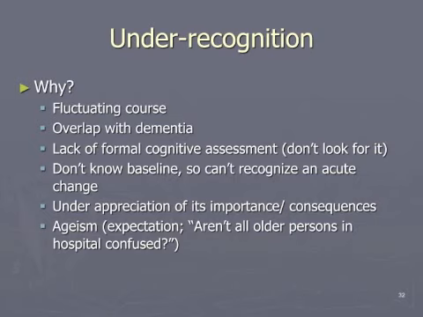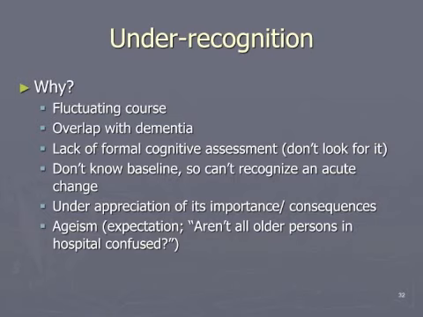And we do know that with the overlap with dementia, it becomes really challenging to figure out which are the, quote, normal behaviors of the person suffering dementia and what are the new behaviors that might be associated with the delirium. And we have all, I'm sure, come across staff who have a bit of an ageist assumption that when you get old you get confused because everybody gets dementia.